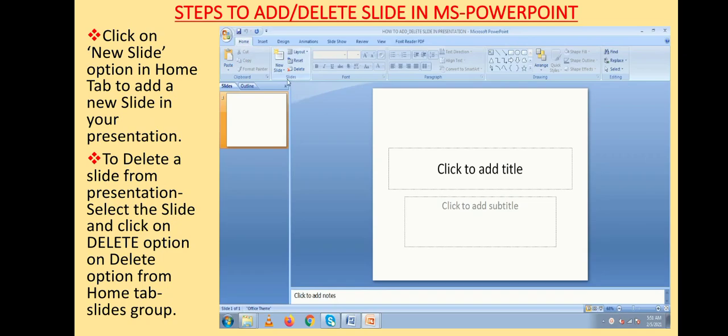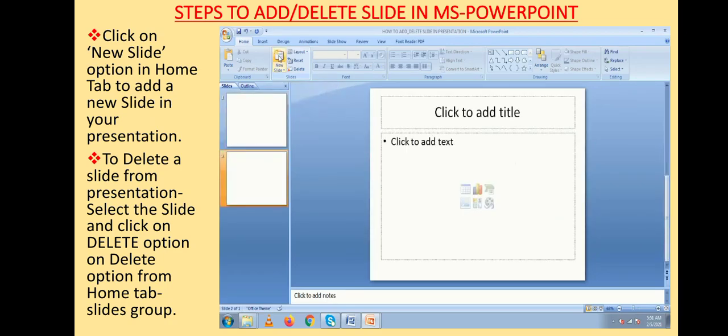In the Home tab in Slides group, you have this option of adding a slide to your presentation. If you click on this option, New Slide, a new slide will get added in your presentation. So as many pages as you want, you can add.